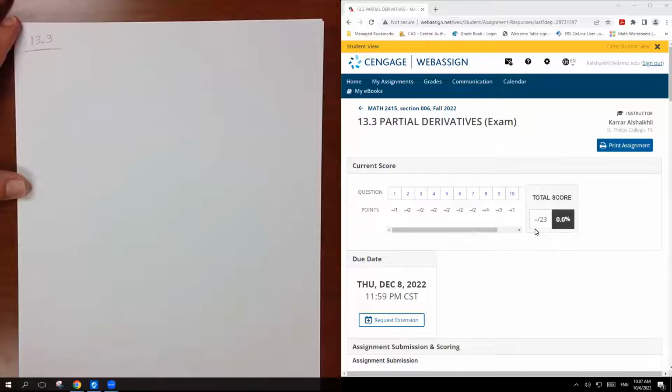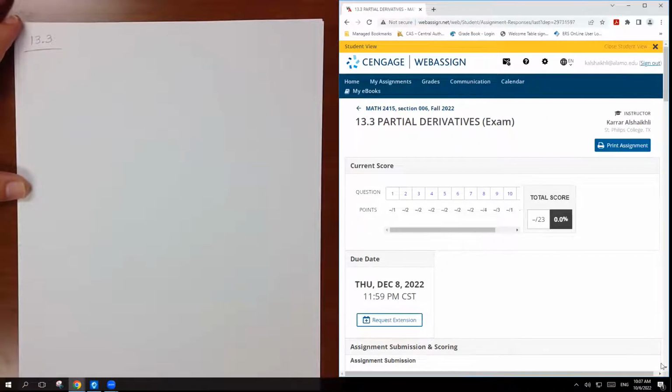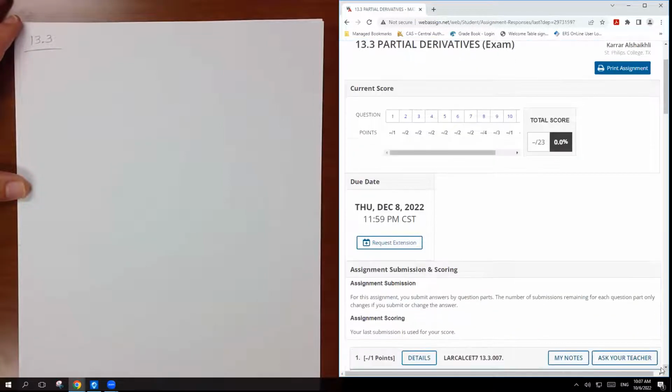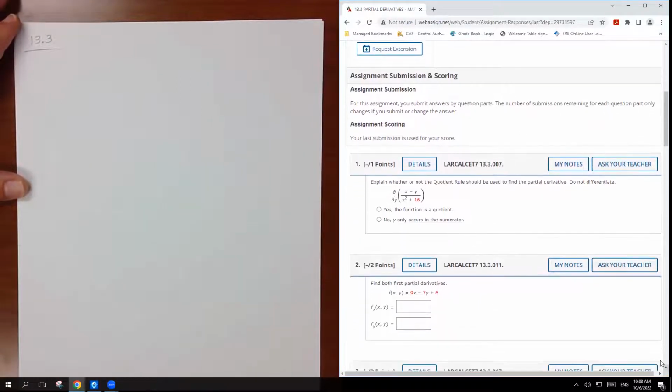So 13.3 partial derivative. Let's check the first one. I need to adjust this one. The first question they're going to ask you, we're going to do partial derivative with respect to the x or y. So if you look to the first one, the first question they ask you, explain whether or not the